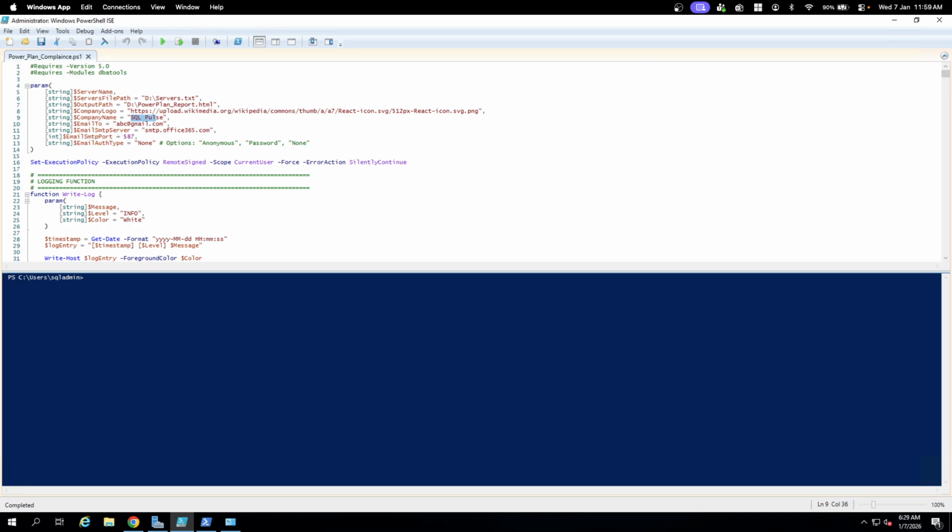Here I am providing three options: anonymous, with password, and none. If we keep it as none, the email will not be delivered and only the report will be generated. If you are using anonymous, it will connect to the server with anonymous email authentication and send an email. If you are using secure SMTP, then you need to use the password. Here I am silently bypassing the execution policy to run the script, because most servers restrict PowerShell scripts. So I am bypassing it to execute,